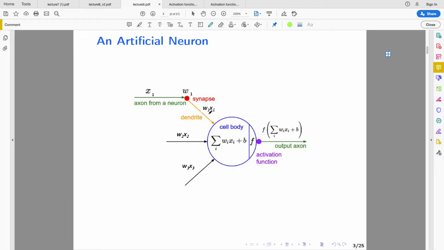And so you have the input multiplied by the weight that we're trying to learn, in this case W1, W2,